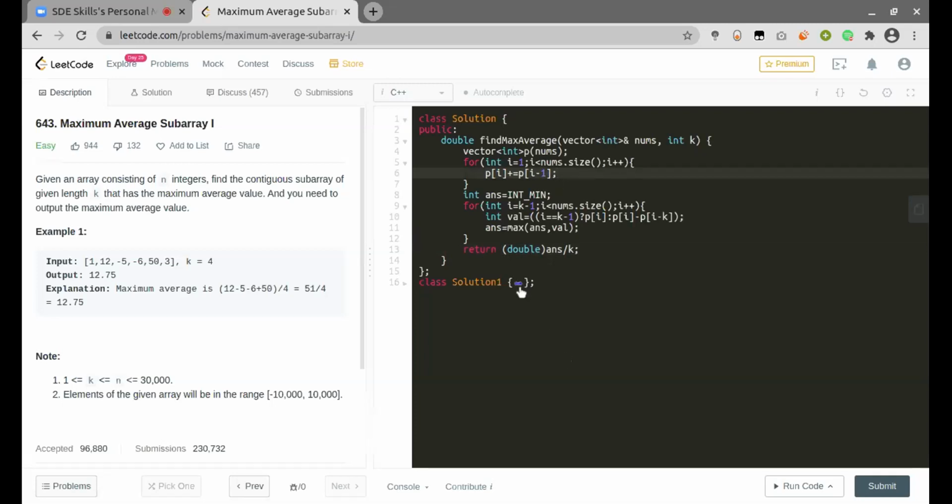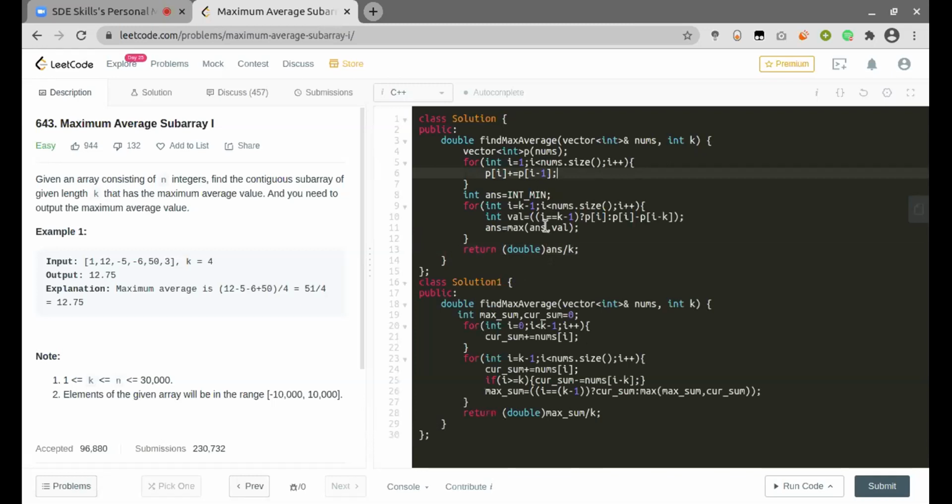To get rid of this, we can just use a sliding window approach where we keep track of the k element sum. First we find the sum of k minus 1 elements, and then we start iterating from the kth element to the last element. First I add it to my current sum, and if the index is greater than k, then I subtract the left pointer of the sliding window.